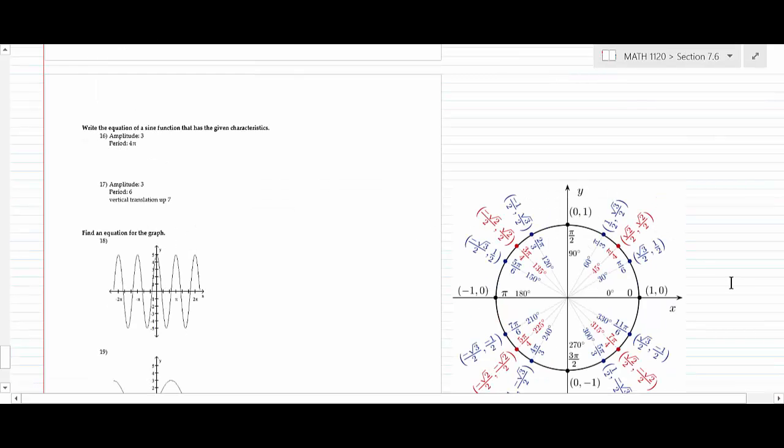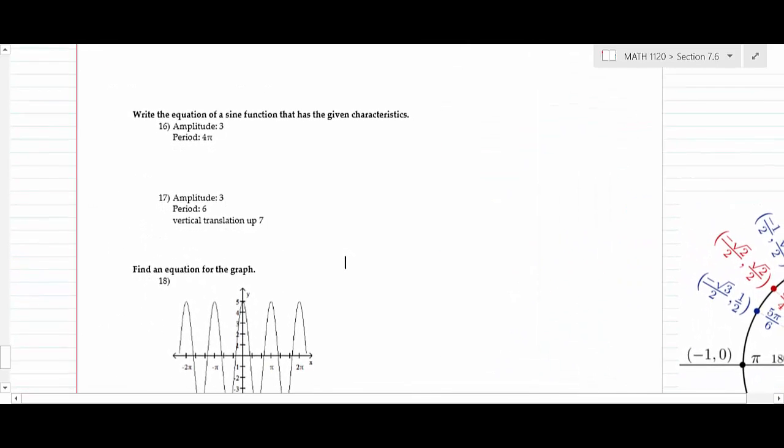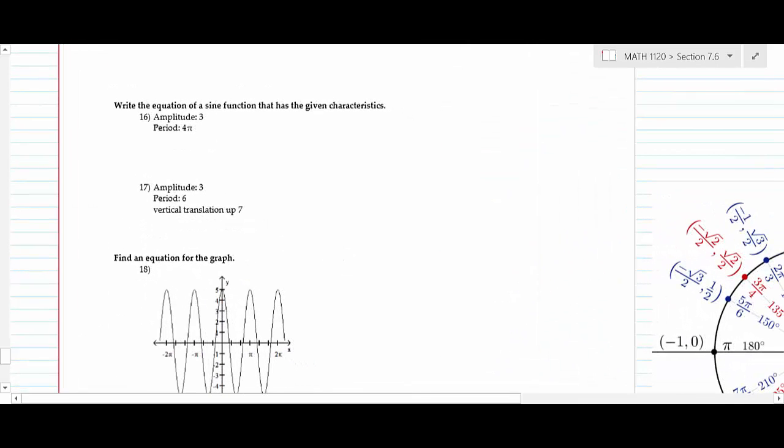Start this then. Now what I'm showing you on this is we're doing this backwards. I'm giving you information and you're going to give me the sine wave. So let's go through this. First of all, watch this carefully. This is something you're going to do a little bit later in the semester in a project. So we're going to do on this 16 and 17, this is what you should write down to start with,